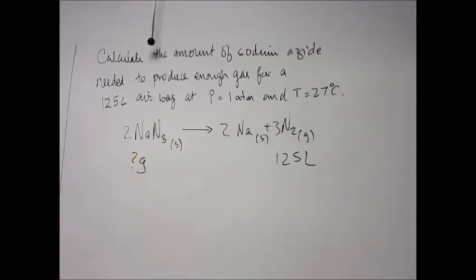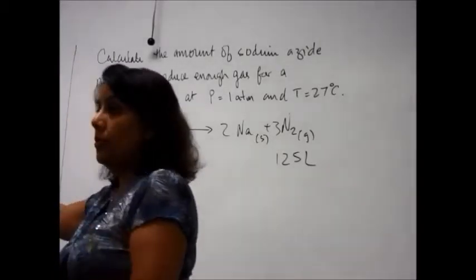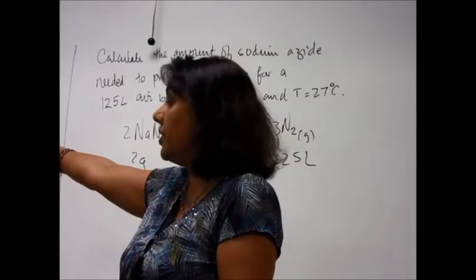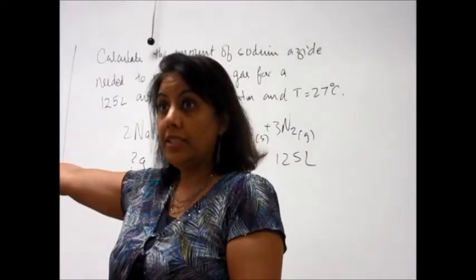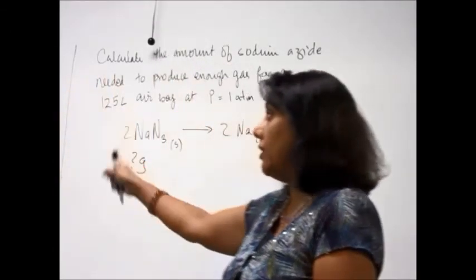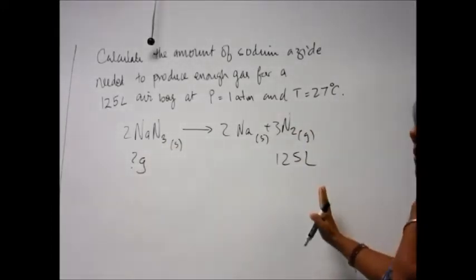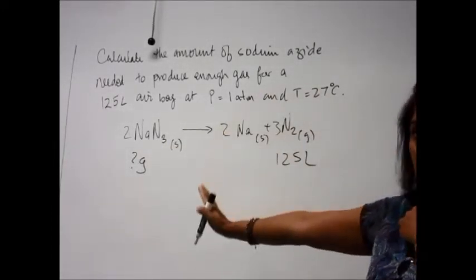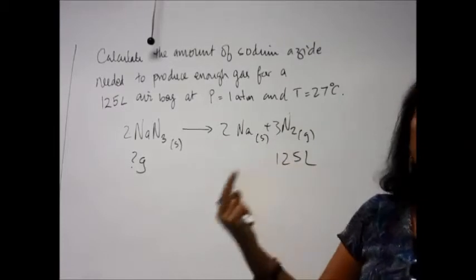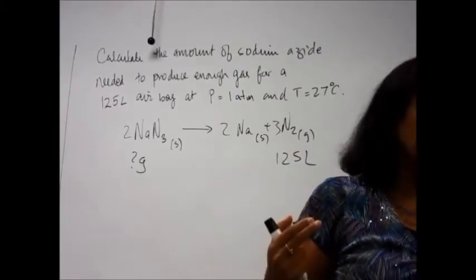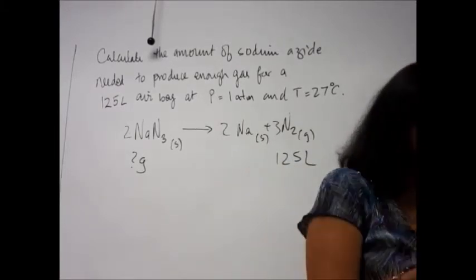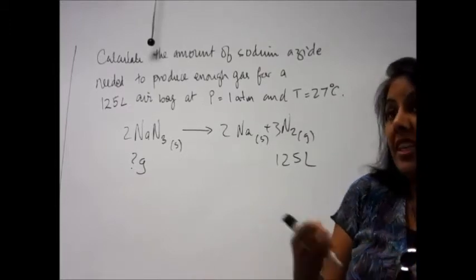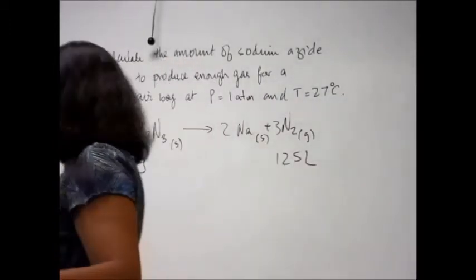I want you to see the difference between the two problems that we're working. So this problem that we started with, we were starting with grams, correct? We were starting with grams, we were calculating volume. Here we are given volume and we are calculating grams. Those are the only two permutations possible for these kind of questions. You'll either be given grams or you'll be given volume, that's about it. So over here,